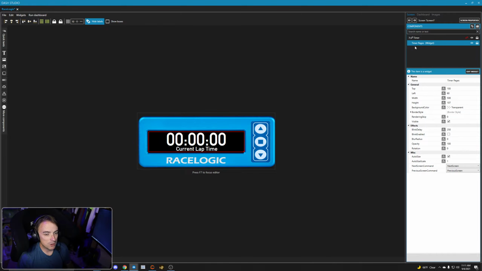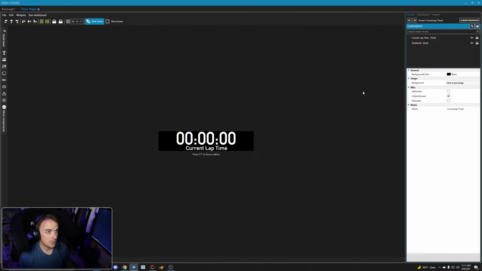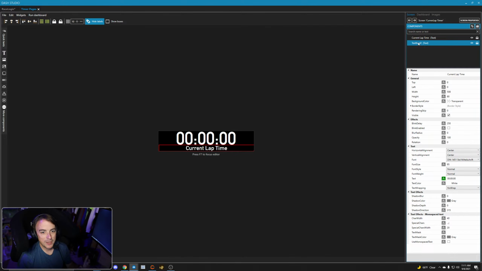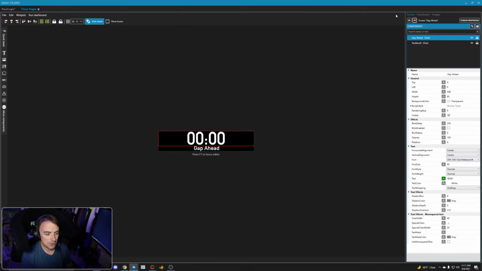So here's my timer pages widget, and if you want to modify anything on this, all you have to do is click the Edit Widget button. It's going to open in a new tab up here. Right now, I'm on the first page of this timer widget, and the first one has just two properties. It's got a current lap time, and another text box that lets me know what page of the RaceLogic timer I'm on. For the second page, I did estimated lap time, and for the third page, I did gap to the driver